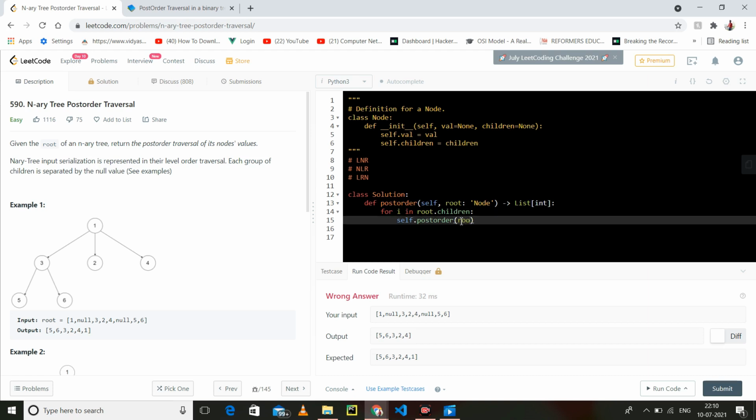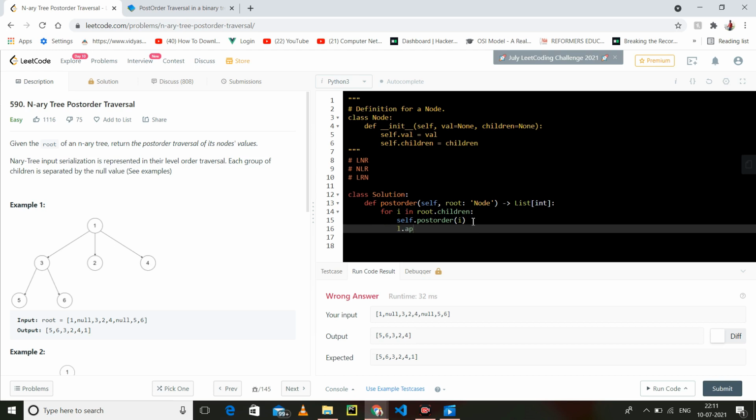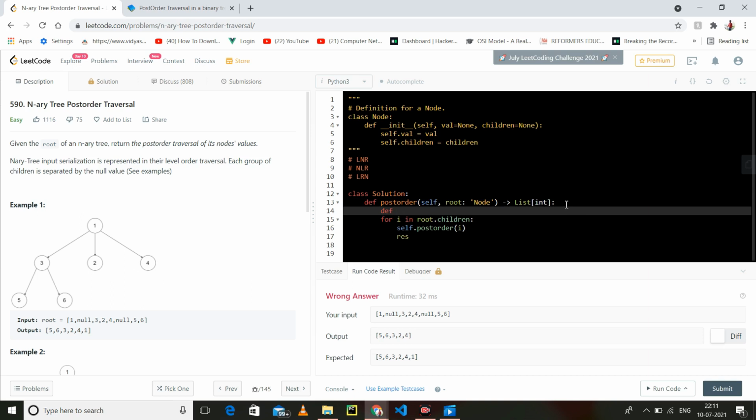What you have to call? You have to call the child, which is 3, so it will call this. Okay, so let me make a function called post, and root.